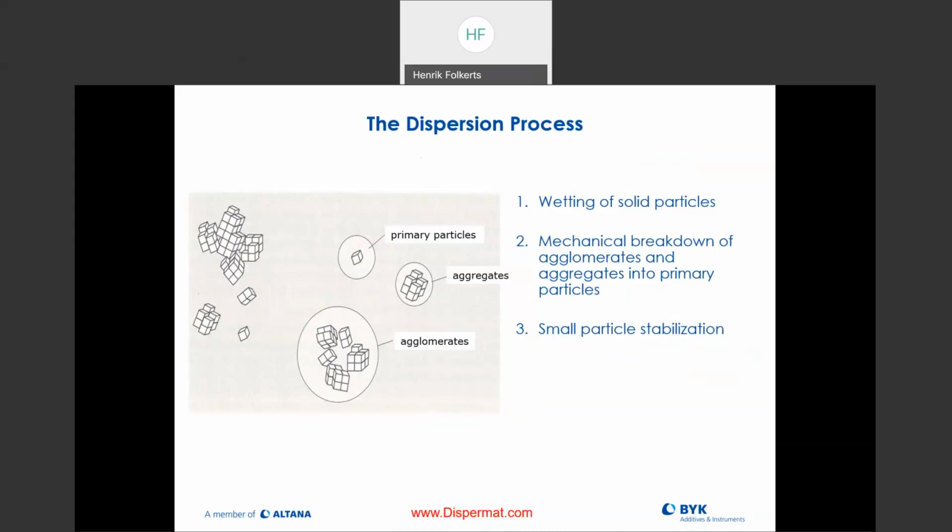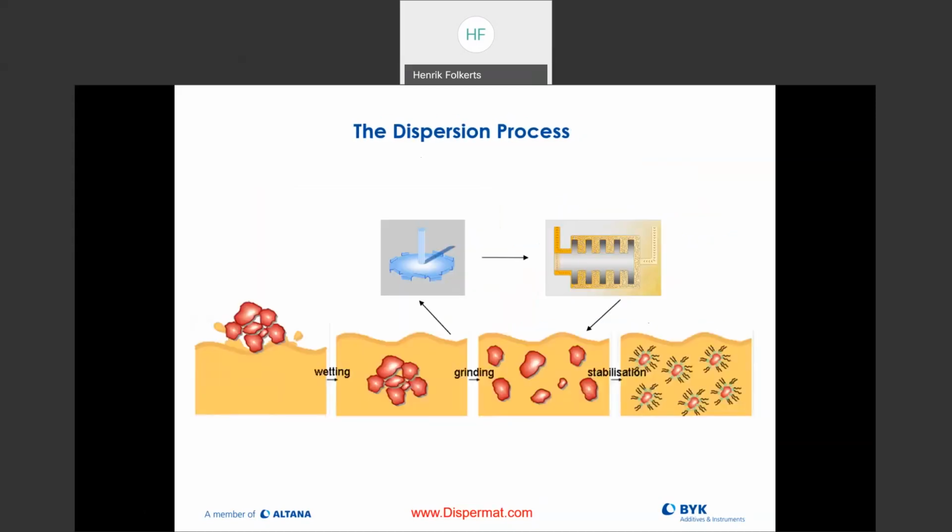And then at the end, we want to stabilize them to keep them in the suspended state. So this is a great slide. You can see right here where we have our dissolver disc, and then we do the wetting, grinding, so the pre-grind, and then at the end, if we're going to go down to the primary particle size, we need to do the milling, and that will allow us at the end to keep the particles as small as possible and in a suspended state by putting in the right additives